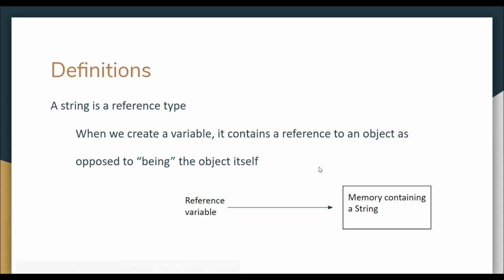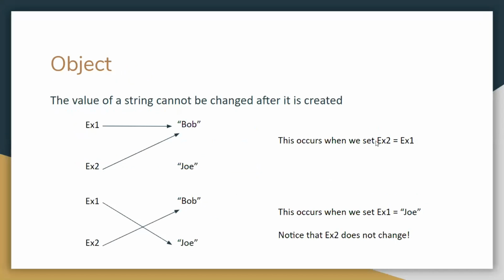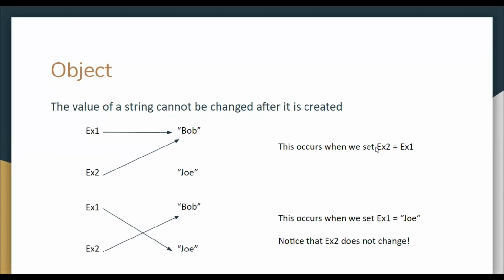And there are a few things that this entails. Basically, it means that the value of a string is immutable, which means that it cannot be changed after it is created. Obviously this does not mean we cannot change the variable x1 from Bob to another value or something like that, but it means that